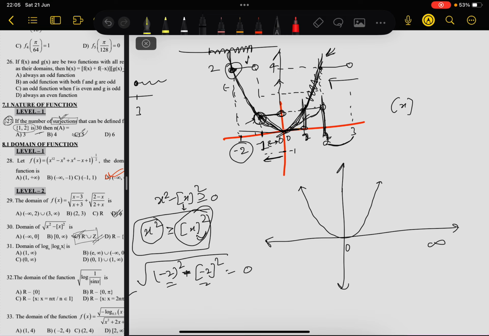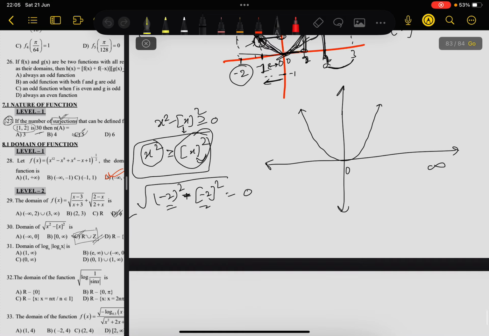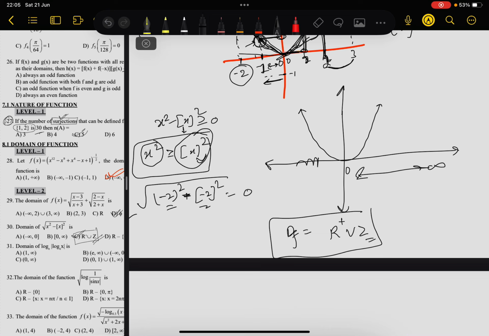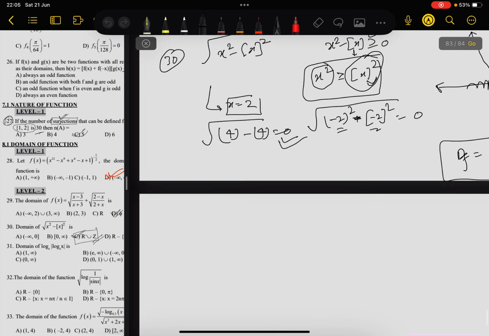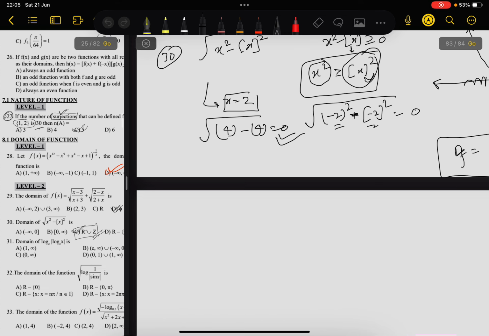Otherwise this box x is greater. So here the overall domain of the function is 0 to infinity, and on this side only integers. So also you can write it as R plus union Z, positive integers and negative Z also. So this is the domain. So there are two methods which we have discussed here. Now question number 31,